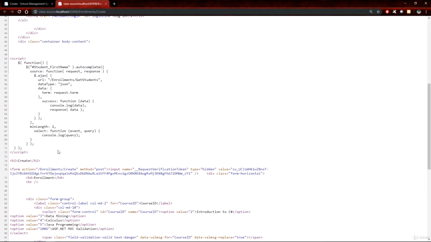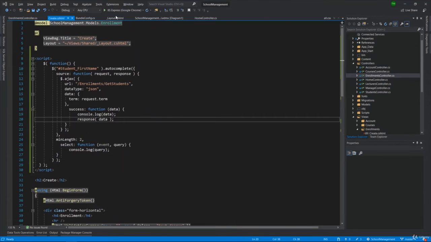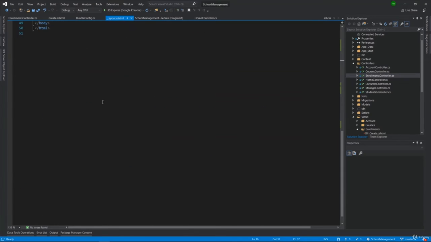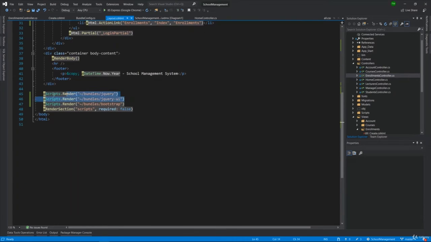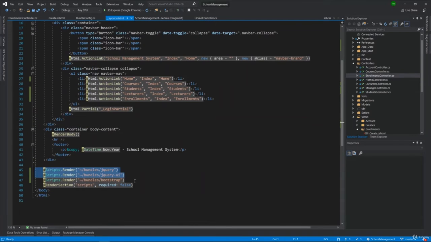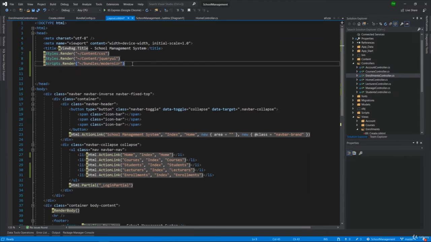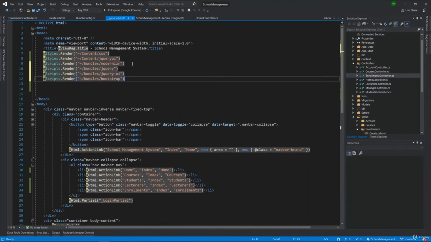So I'm going to come out of debug mode, go to my layout, and I'm just going to move these. As I said, you have a number of techniques to handle this. You'll see a number of ways. So I'm just going to move all my script files to the top of the page, all right, underneath Modernizr. All right, so I have all of my styles and all of my scripts rendering first,